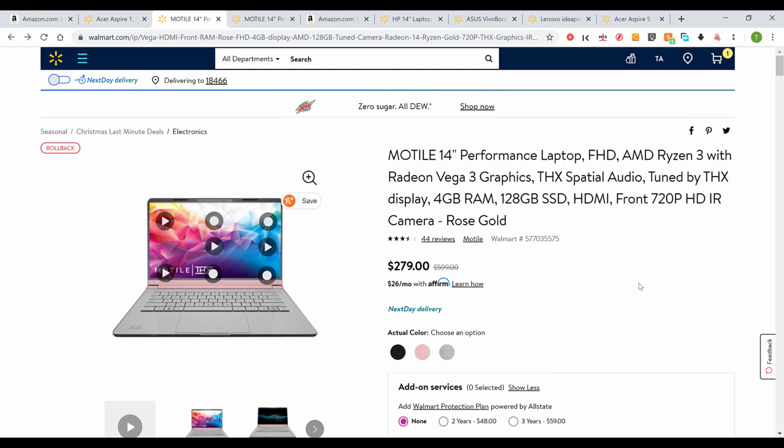So I might consider this, and I'll talk about why I say might in just a second, if it were at the normal $229 price that we've seen it at. But at $279, as we'll see in just a second, there's a couple of other laptops that I'd probably recommend first. Now, in addition to the Ryzen 3 processor, this Motile laptop comes with 4 gig of RAM, 128 gig